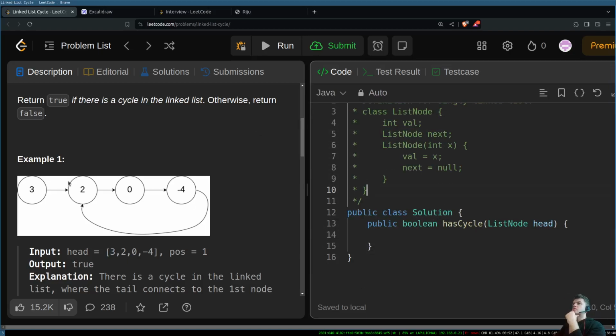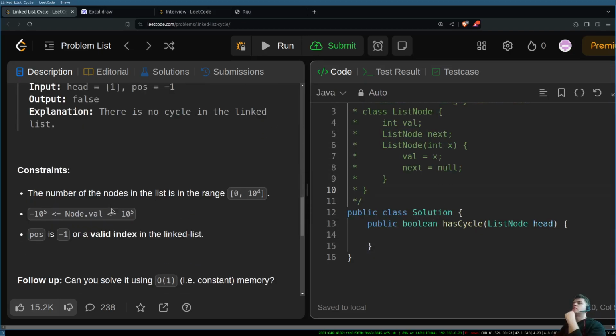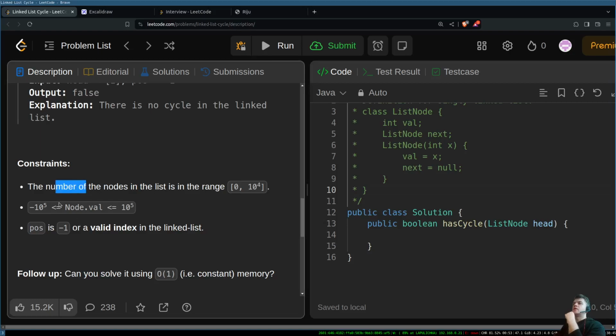So the idea is the first one, there is a complication here. We have 10 to the 5 number of nodes, and